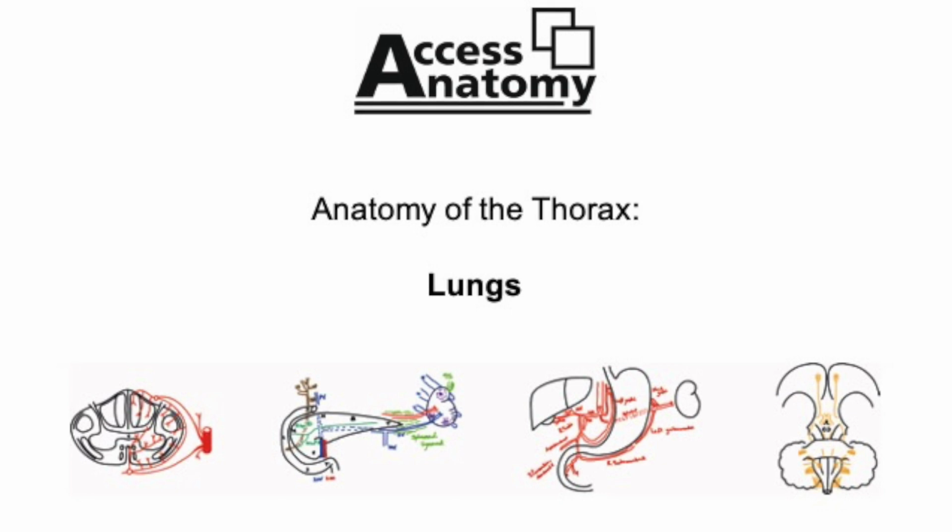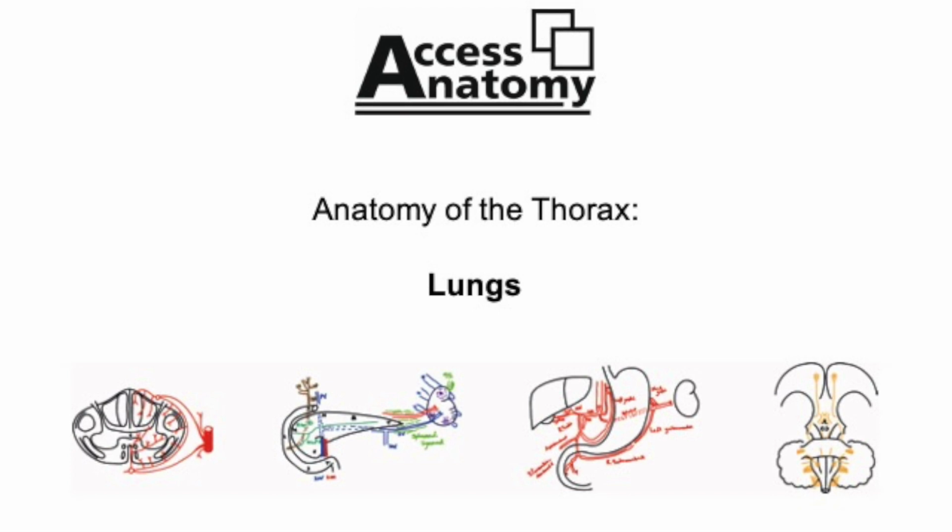The left lung doesn't have a middle lobe due to the cardiac notch, and this is an indentation created by the heart. This indentation creates the lingula, a thin tongue-like tag of lung tissue that drapes down from the inferior border. Whilst most of the lung surface is smooth and featureless, the mediastinal surface contains the lung root or hilar